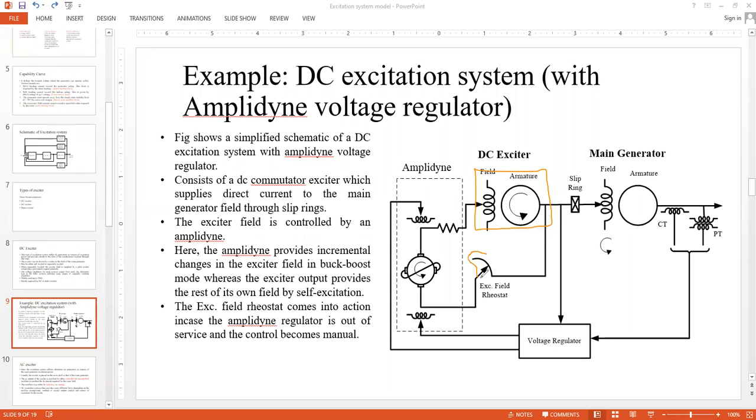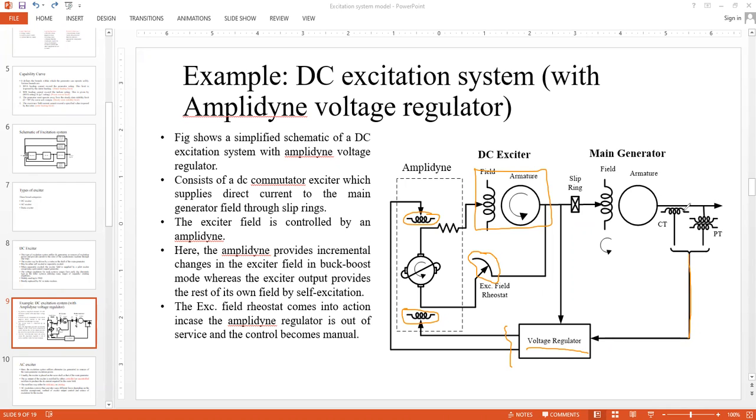You have some sort of control over here. That means if you vary this field rheostat, of course, the current through this path will be controlled. And these two are nothing but the field of the amplidyne. The field coil of the amplidyne is being controlled with the help of the voltage regulator. Voltage regulator will provide some non-zero signal, that means some change in excitation of this amplidyne field